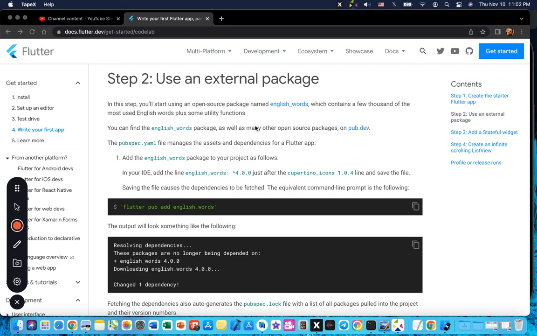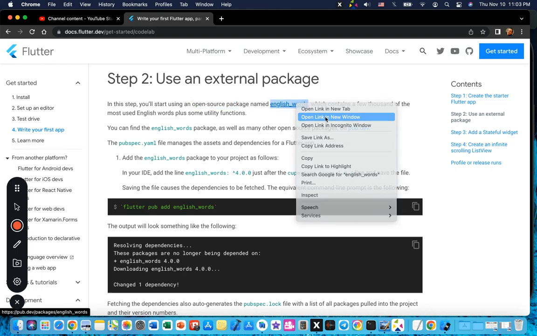Hello again. So in this step 2, we are going to use an external package. And in this step, you will start using an open source package named English Words. So there is an English word package